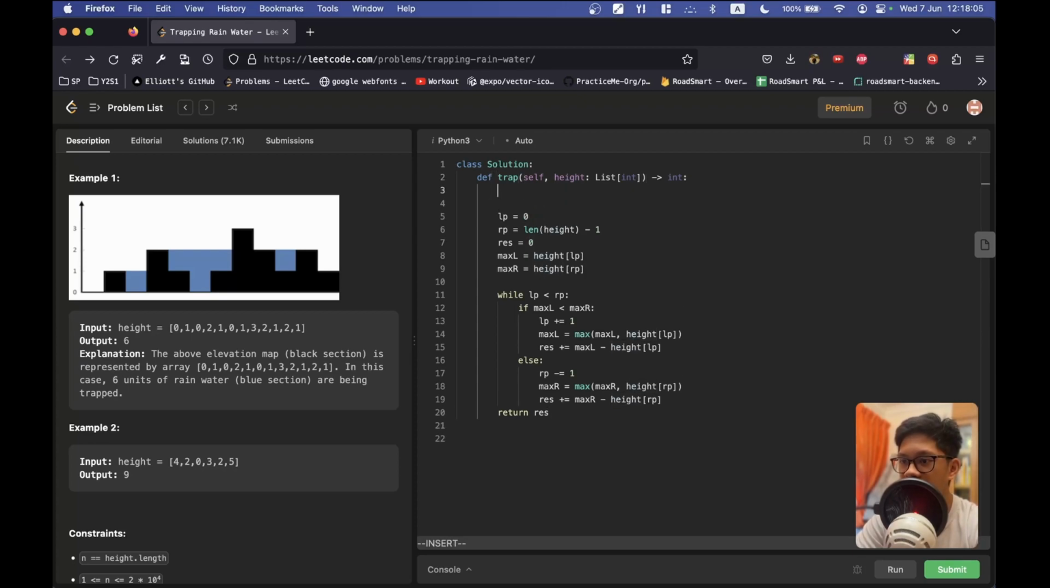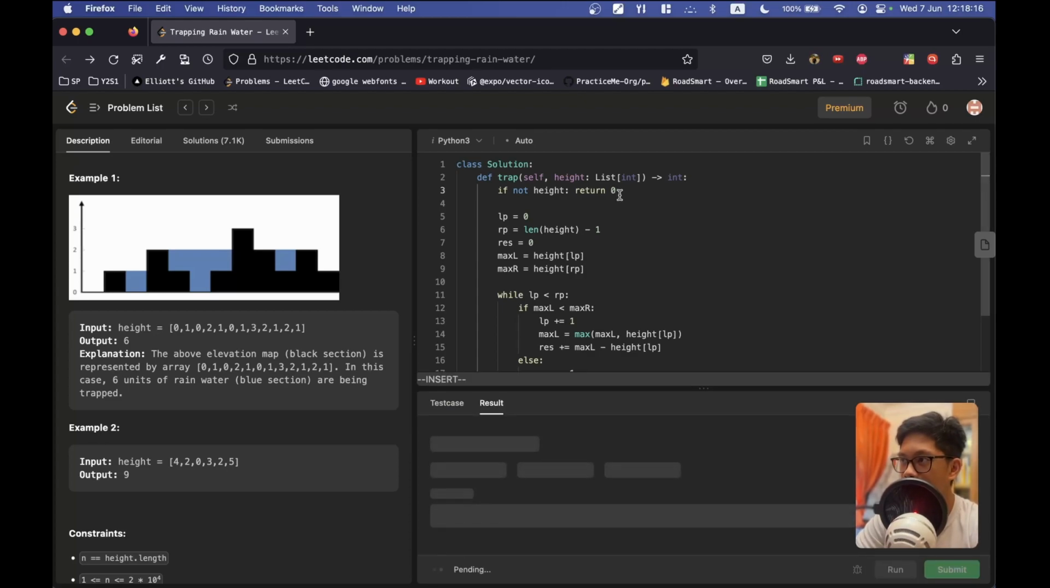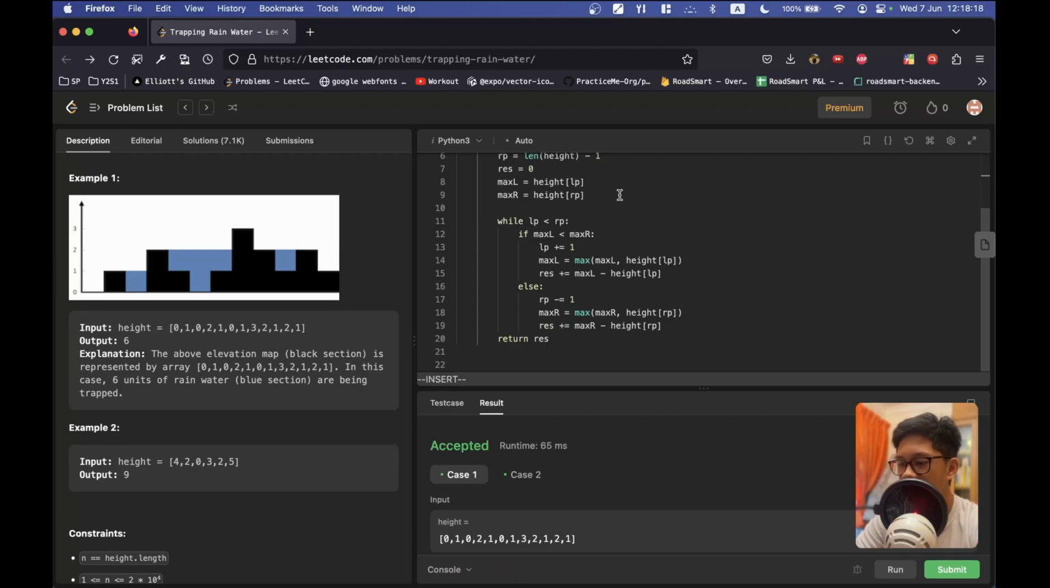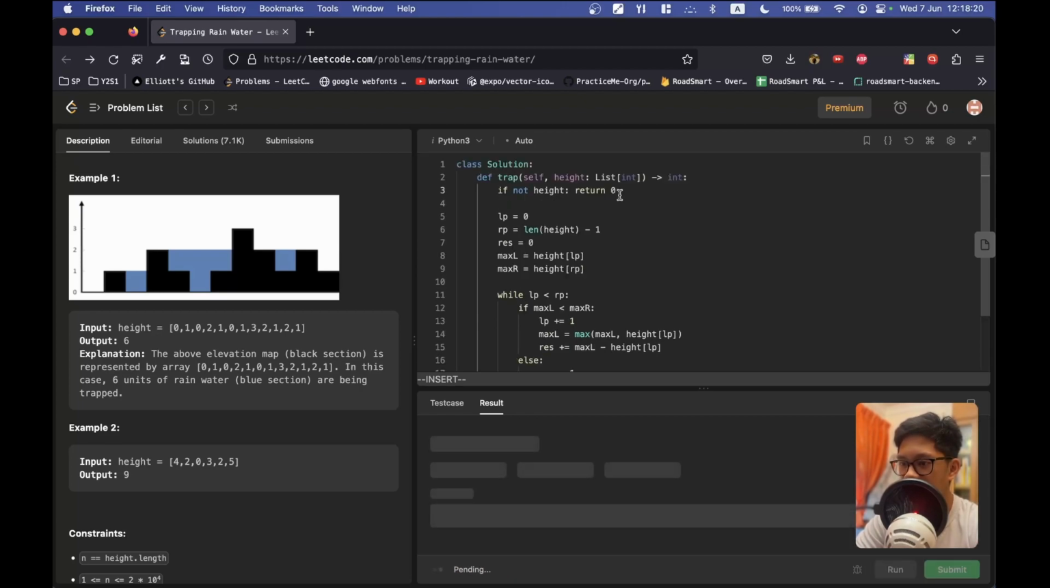And for this case, we must actually check if not height. So they might give us an empty array. In that case, we just want to return 0. So that's a special thing that we have to do for this problem. So let's try running the code. And it should pass. If I submit it,